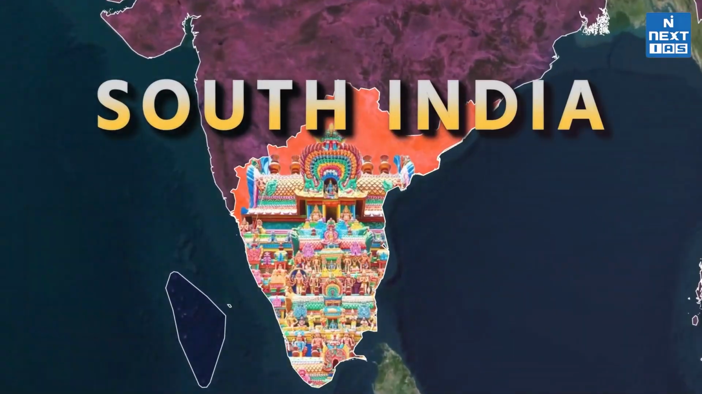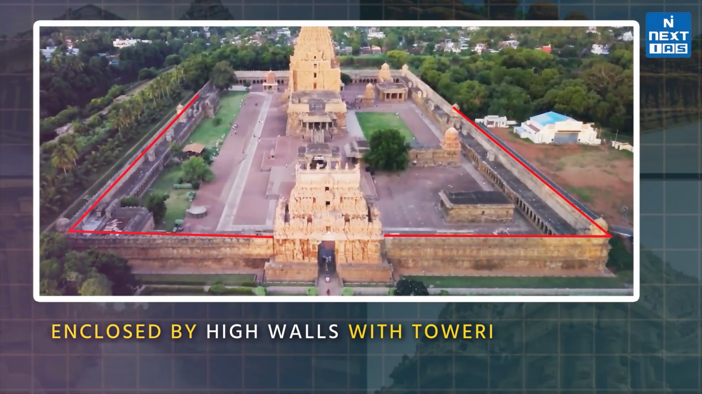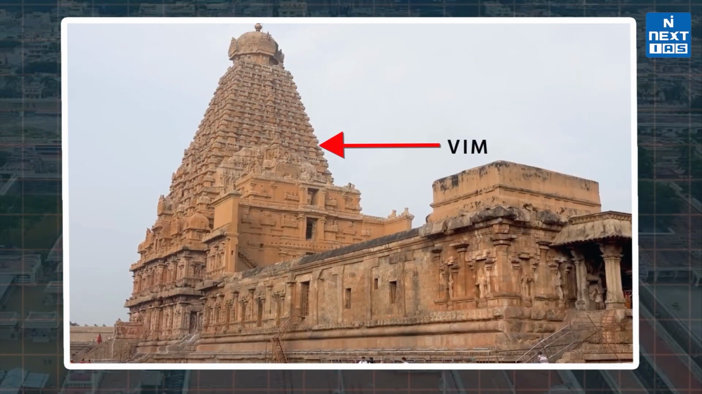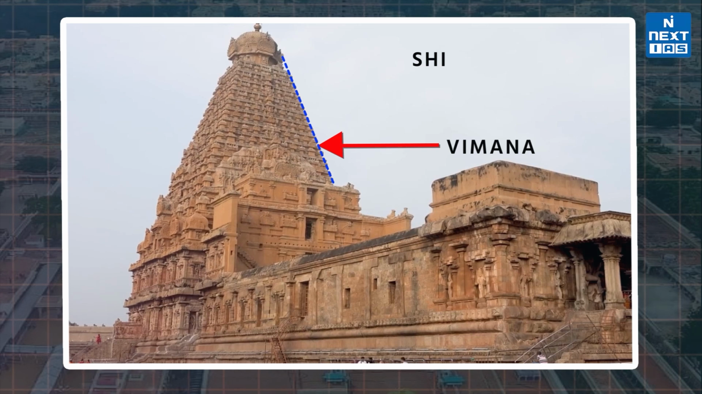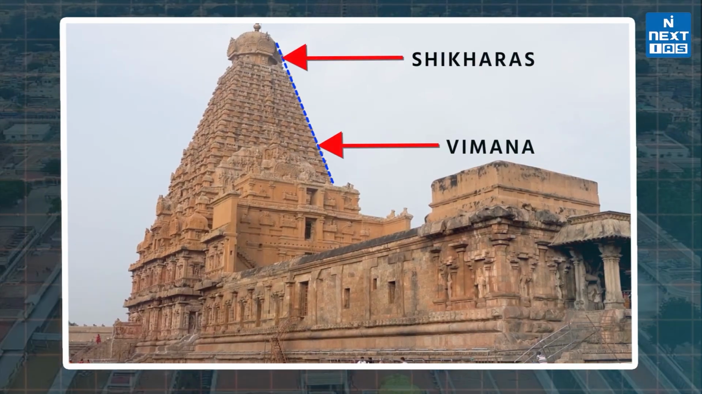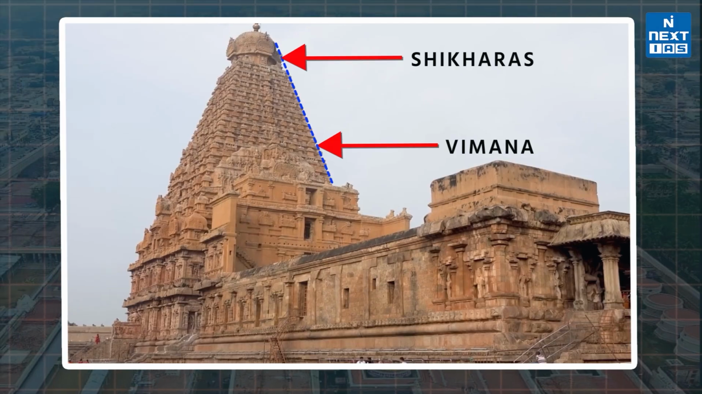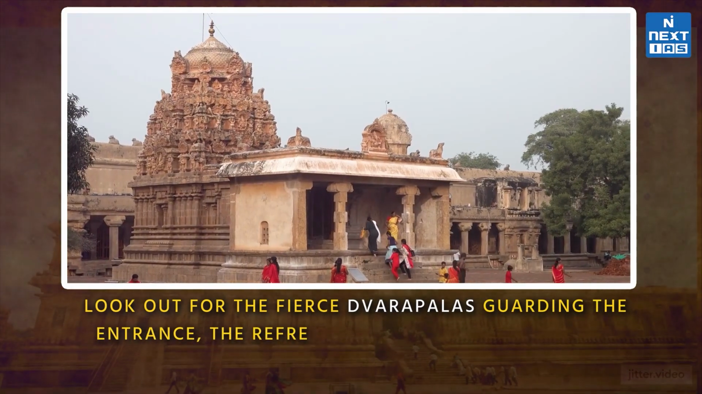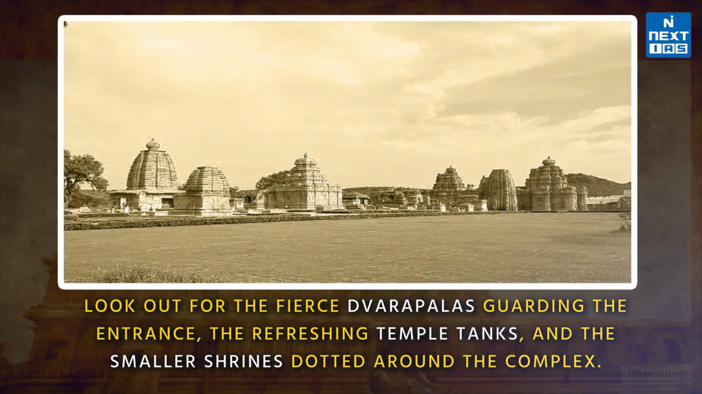Let's start down south. Dravida temples are like mini cities enclosed by high walls with towering gateway entrances called Gopurams. The main tower, the Vimana, rises like a stepped pyramid, quite different from the North's curvilinear Shikharas. Speaking of Shikharas, in the south it refers only to the small crowning element, the Stupika. Look out for the fierce Dwarapalas guarding the entrance, the refreshing temple tanks, and the smaller shrines dotted around the